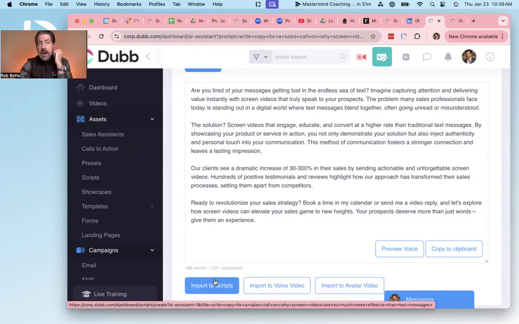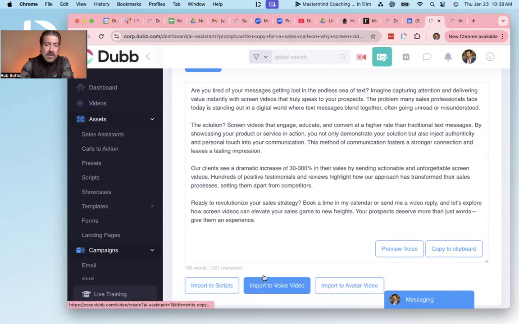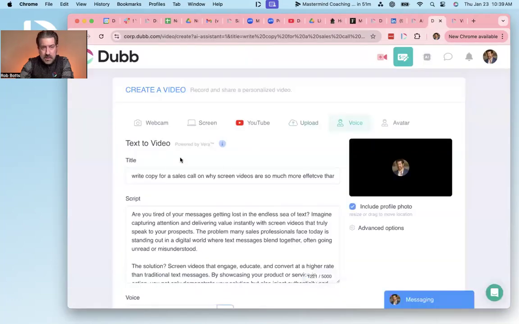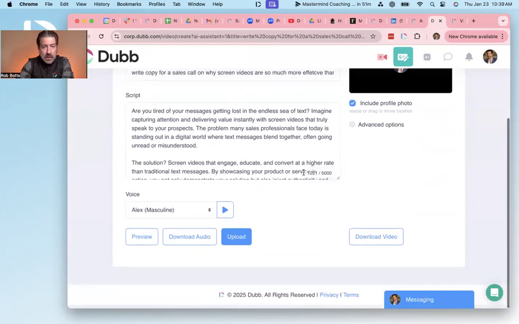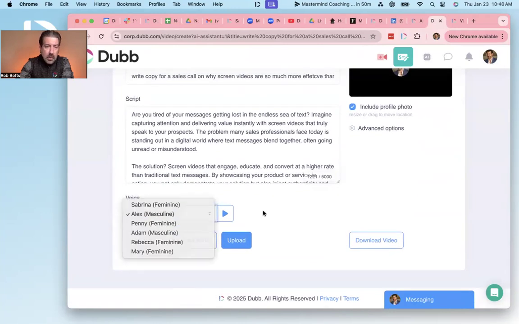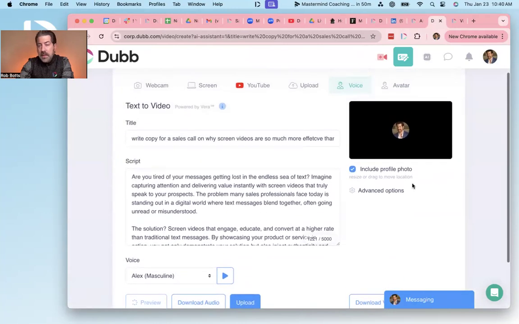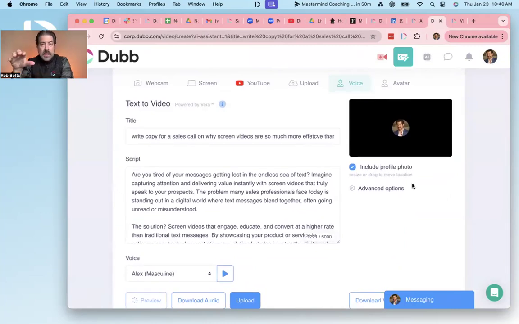Now, if you want to not be on camera for some reason one day and you don't want to use your voice, but you want to get this message out, but you don't want to do just a text message, you can import this directly to a voice video with this button down here. So this is text to video. All you have to do is upload a photo over here to the right, select the AI voice that you want, click preview, and then when the voice is speaking,